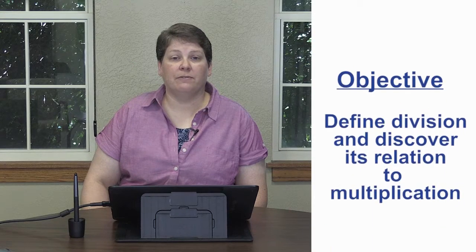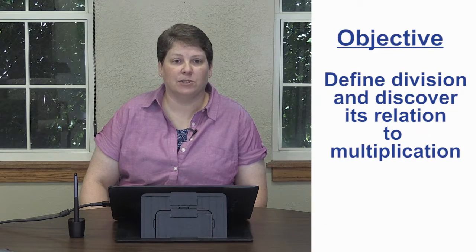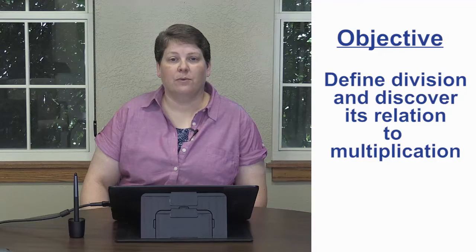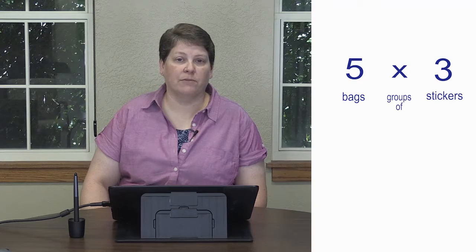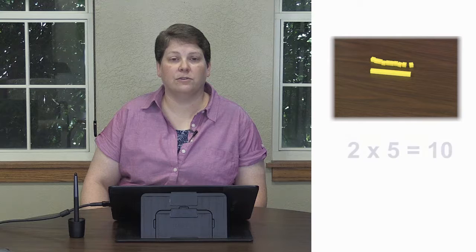In this lesson, we will define division and how it relates to multiplication. When we talk about multiplication, we're talking about having several groups of something and multiplying the number of groups by how many items are in each group. For instance, we've talked about having two groups of 5 squares, which can be written as 2 times 5 equals